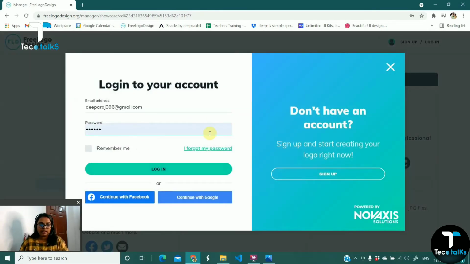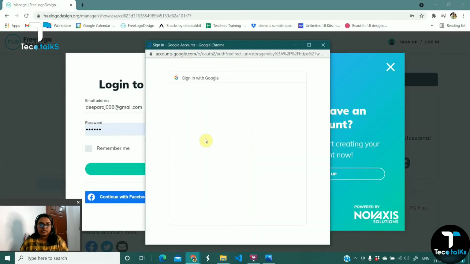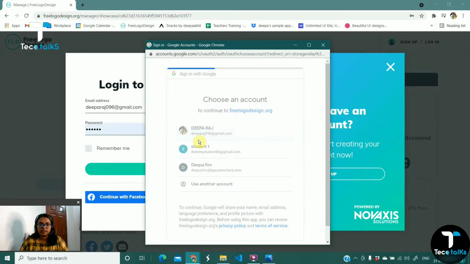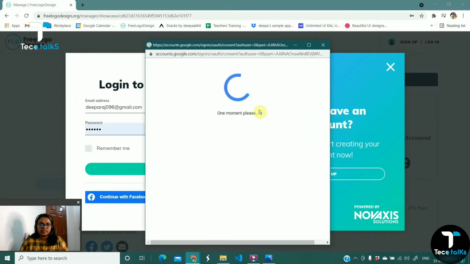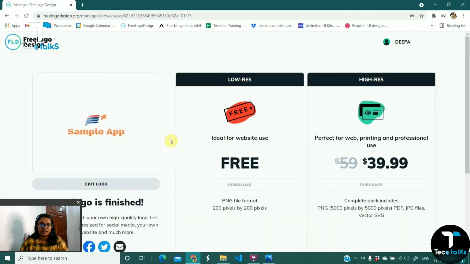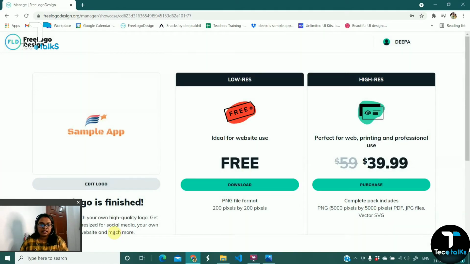And if you don't have an account, it will be asking for it like this, or else if you already have an account, you can log in with that. So I'm just logging in with my ID, and it's been done. So it will be directly downloading the file at the bottom. If it is not downloaded, you can again click on this download option, and it will be downloading over here. So this is how we will be creating the logo for the app.